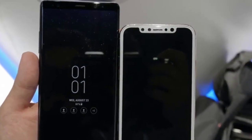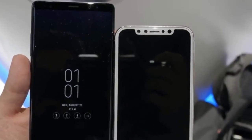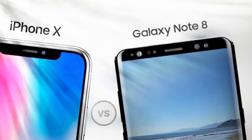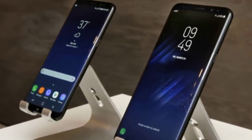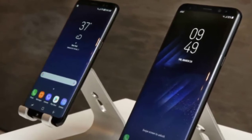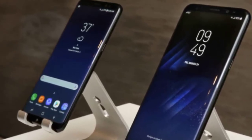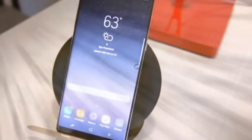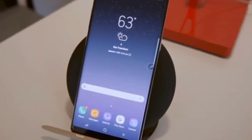7. Both the iPhone X and Note 8 come with optically stabilized dual cameras on the back. The iPhone X has a 12MP wide-angle sensor with an aperture of f/1.8 alongside another 12MP telephoto sensor with an aperture of f/2.4, the addition of which allows for 2x optical zoom and the capture of images with depth of